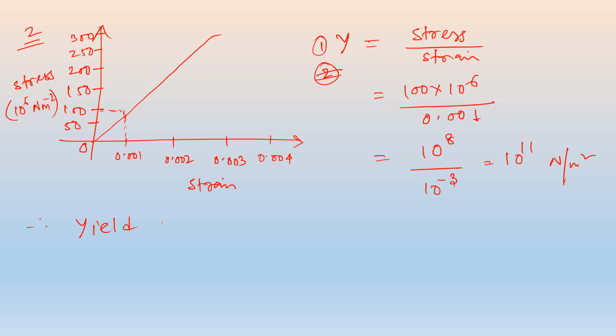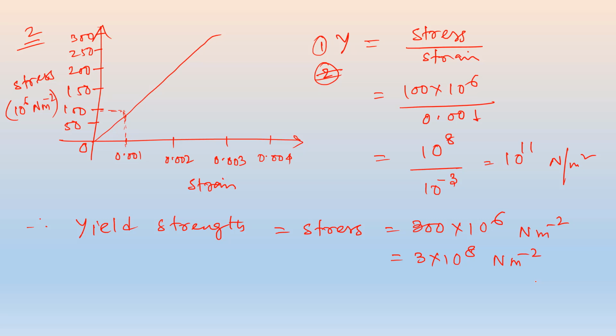So let me write it down. The yield strength, that is the maximum value of the stress you are applying on that material, is 300 into 10 to the power of 6 Newton meter inverse of 2, right? So you can write it as 3 into 10 to the power of 8 Newton meter inverse of 2, right? So this is actually the yield strength, or this is actually the stress you are applying on a material,